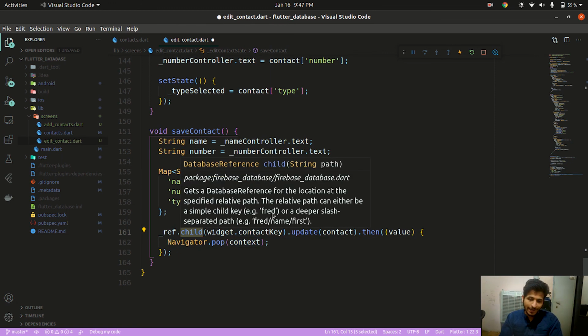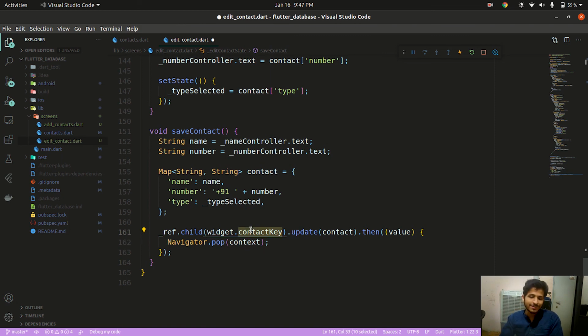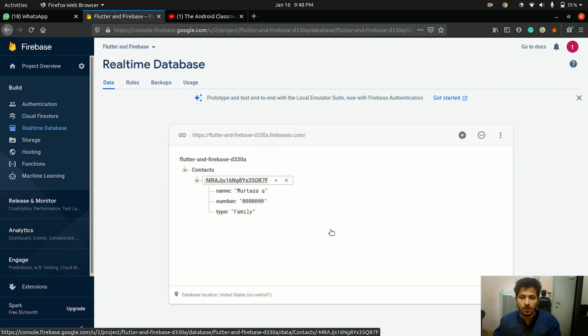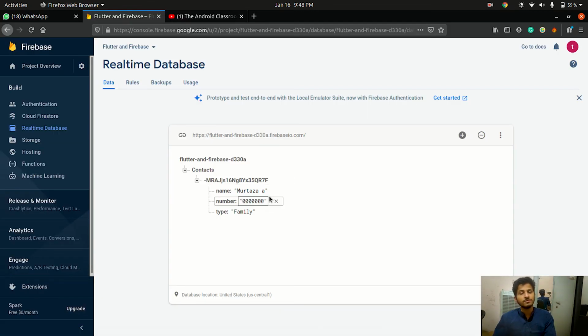Instead, go find this ID, and whatever data this ID contains, just update its data with this map. Don't set this data, don't override the data, just update the data. Means whichever keys are present in this map, only work with those keys and leave all the other keys and values as they are. So that's why we have used update, and this is going and updating our data in Firebase.